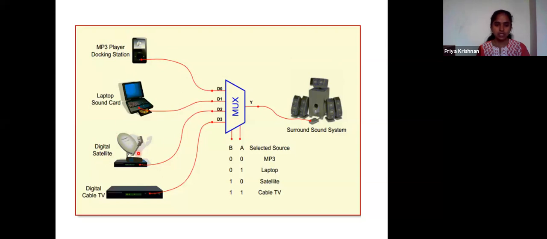If I'm on digital satellite TV, this TV sound will be taken as a choice by the system. Or else if I use a cable TV, that will be taken by the music system. So if I want to select my phone songs to be played to the music system, what should be my selection lines? It is connected to D0, so obviously it should be 0, 0.